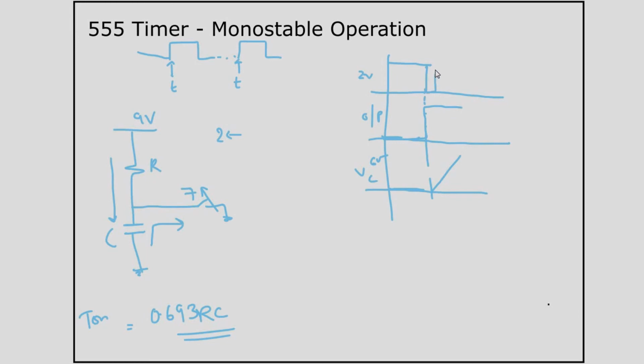After that, you can give a very small trigger and remove it. So once the capacitor gets charged to 2/3 VCC, that is over 6 volts, this transistor will turn on. So this capacitor will immediately discharge and the output also will go down. So this will continue to be low until you give your next trigger. Once you give your next trigger, the same thing will repeat itself. The capacitor starts charging and then it becomes low.